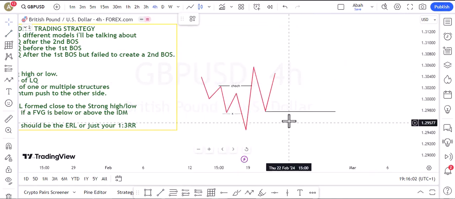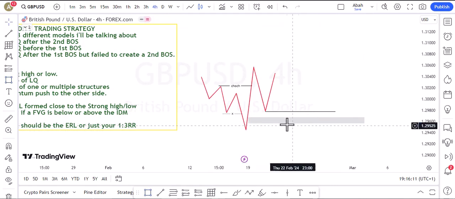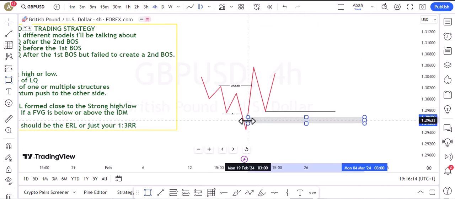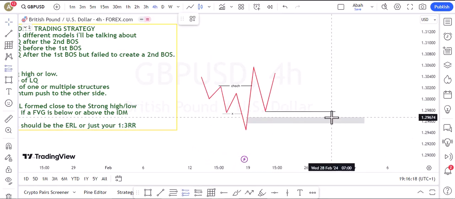It is going to be your inducement, and you'll be expecting price. Let's say you then have an imbalance that's staying here below. Remember, the imbalance is not a must. The fair value gap is not a must. So after, let's say you now have a fair value gap here, you will take your trade, place your